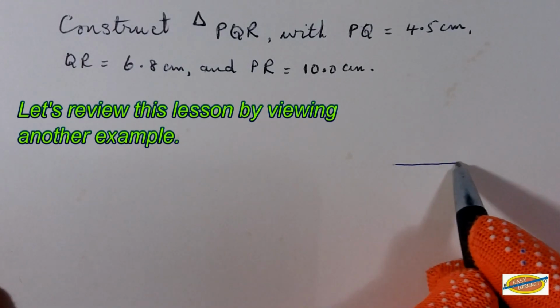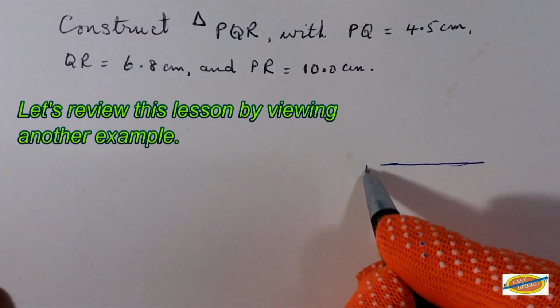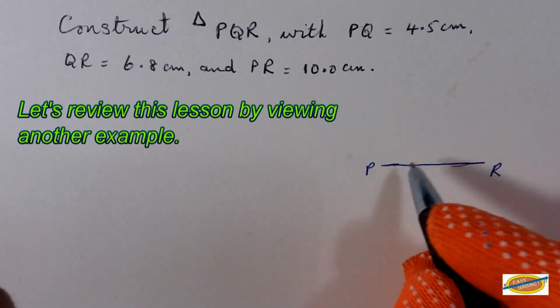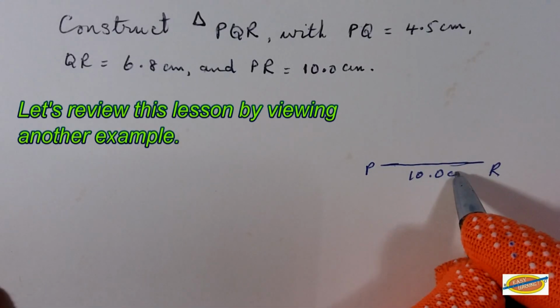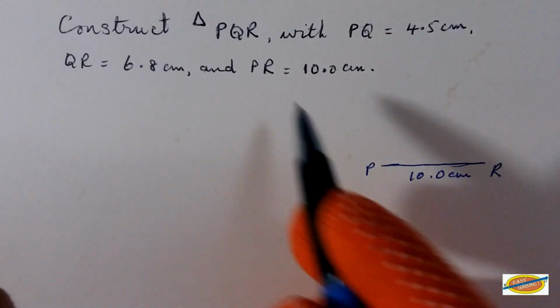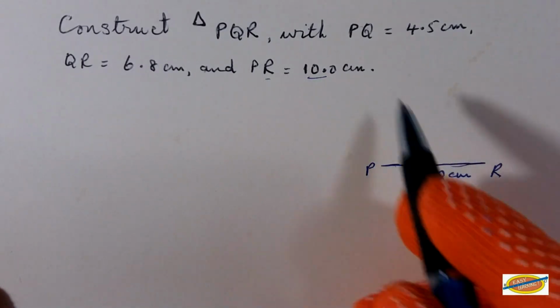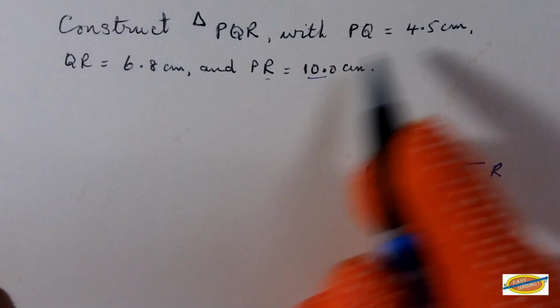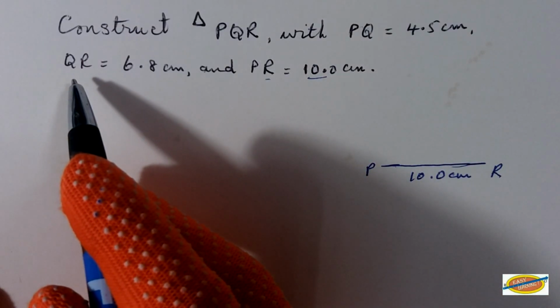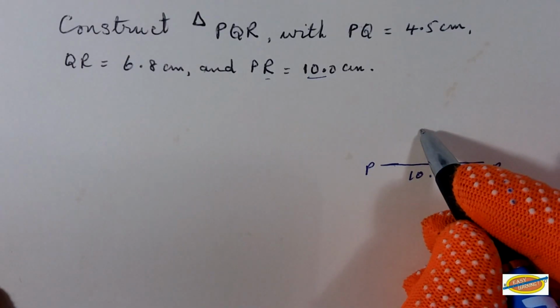So if you make a sketch here, PR 10.0 centimeters. That's PR 10.0 centimeters. PQ is 4.5 and QR is 6.8. So Q is going to be somewhere up here,